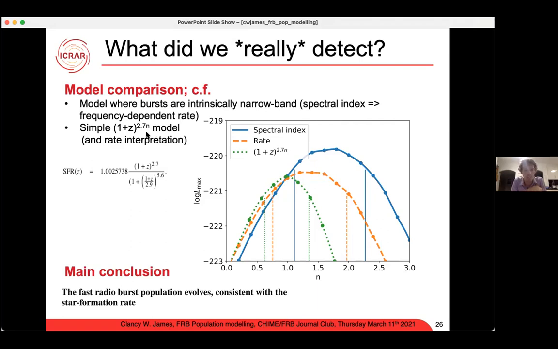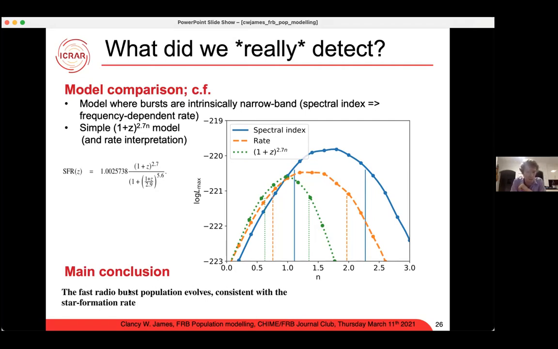But you can also model a simple test: do we actually observe this downturn? Because to say that you've detected something that evolves with the star formation rate, you're really saying that you detect not just this ramp up with redshift, but a downturn with redshift. And the answer is that when you just get rid of this denominator and model this part, (1+z)^2.17, you do not see any better fit. That's this green curve here. So you still rule out n equals 0, but you get an equally good fit. In other words, there's no evidence that we detect the downturn at high redshift because we're not sensitive to it.